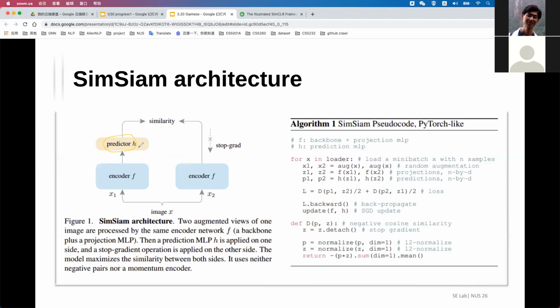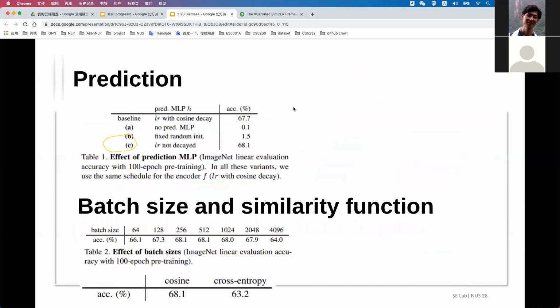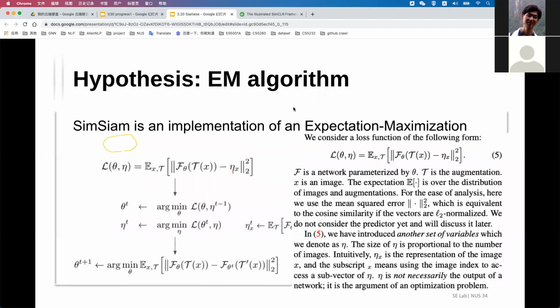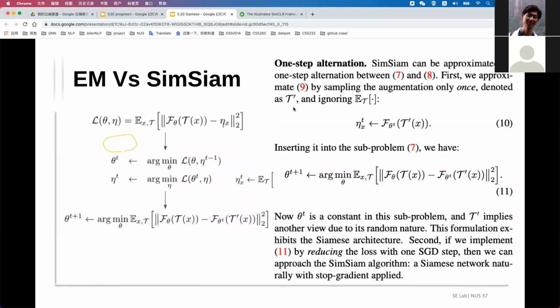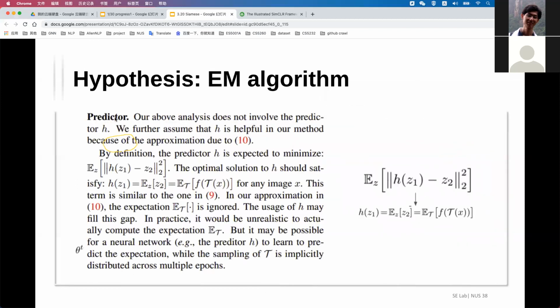Okay, thanks. I think let's call it a day. And thanks for your presentation. I think I need to digest this a little bit later. If you have a question about the predictor, actually it has some explanations on why to use the predictor. Yeah. Okay, thanks, Yufan. Let's call it a day.